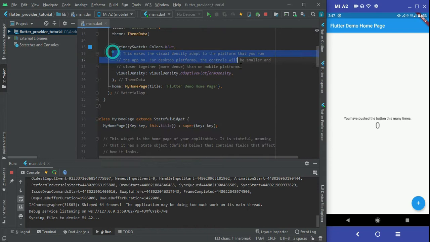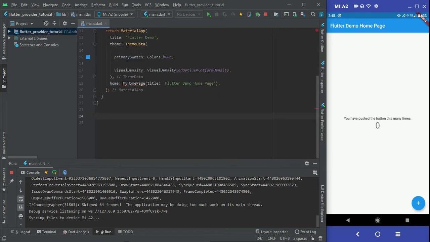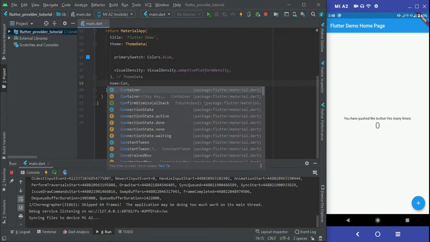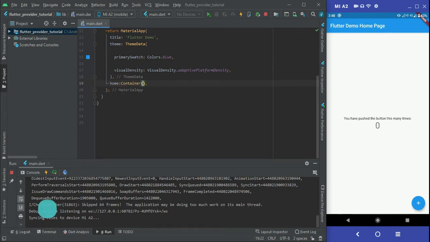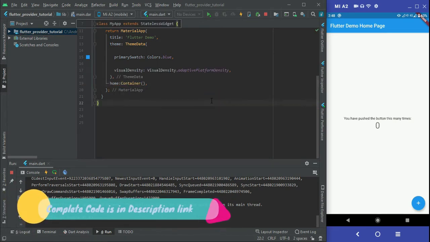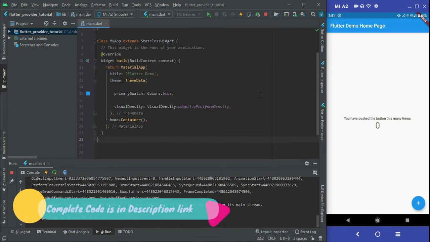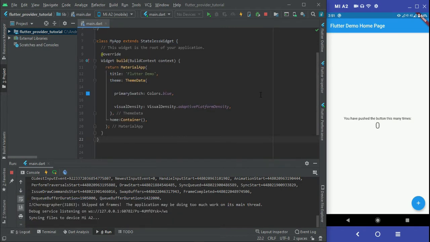Here I will just add a container for time's sake. Afterwards, we can code over here. What we are going to do is first build a simple app by making use of the setState method of Flutter. We will build a countdown timer. So first of all,